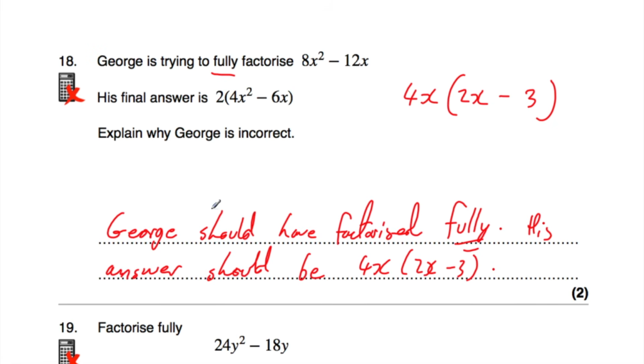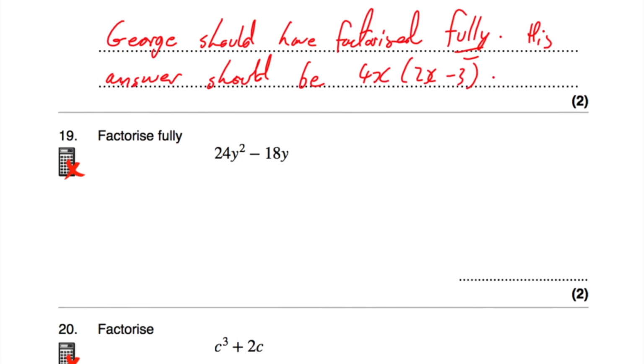So let's explain that. And that's it, and I've just explained George should have factorised fully. His answer should be 4x, open brackets, 2x subtract 3, close brackets, and that's it. Okay, let's have a look at our next question, question number